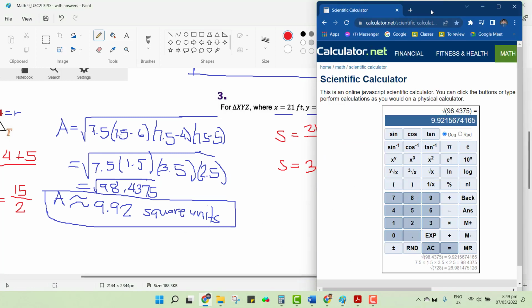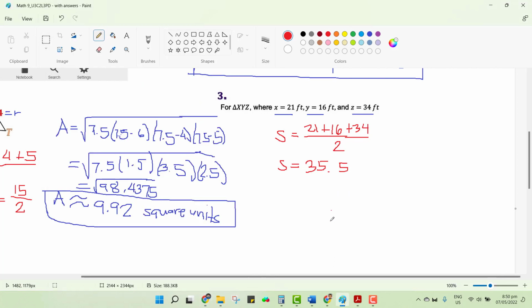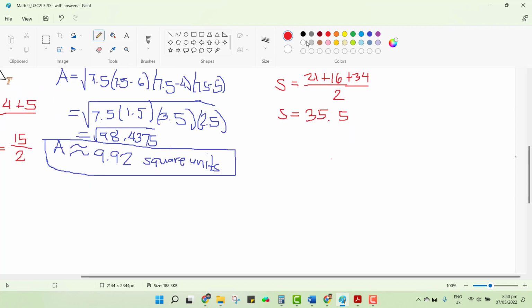Let's try to check. Okay, so definitely it's always good to have a backup. It's not a weakness if you would like to check it. No worry about that. You could always do that. But of course, we always encourage you to apply mental math if you would like to. This is the value for S, so let us use that as we move further here for the area, which is the root of the product of 35.5 times